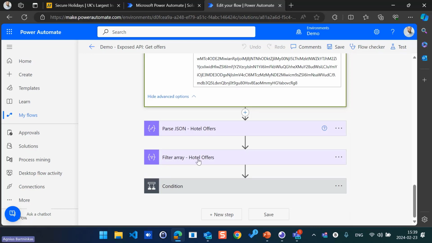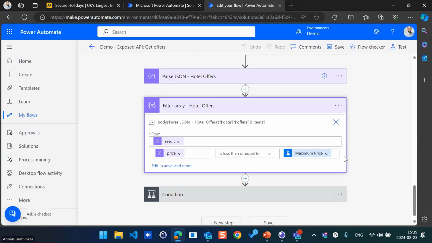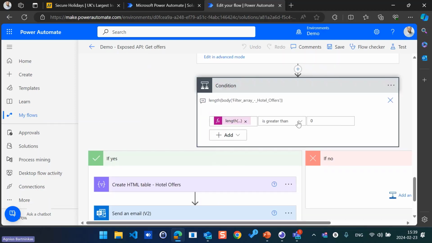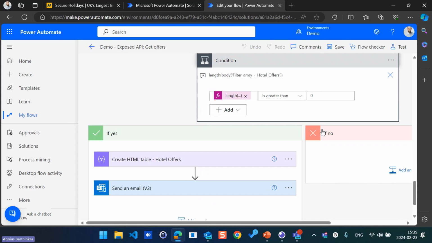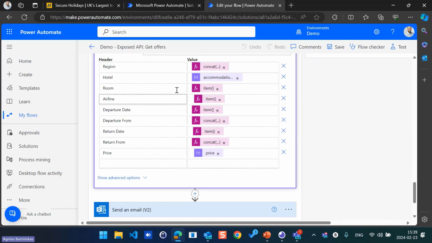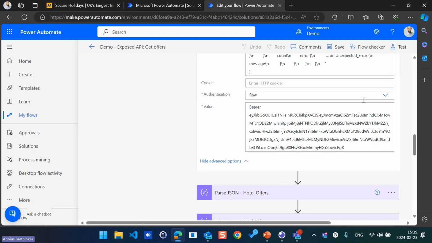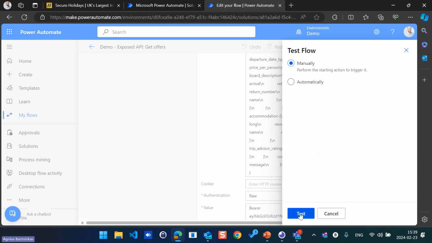I then parse it. I then use a filter array to filter by the price so that it returns something that's within my budget. And if there are any available offers, I'll create an HTML table and send it to myself via email. So if I test this now manually